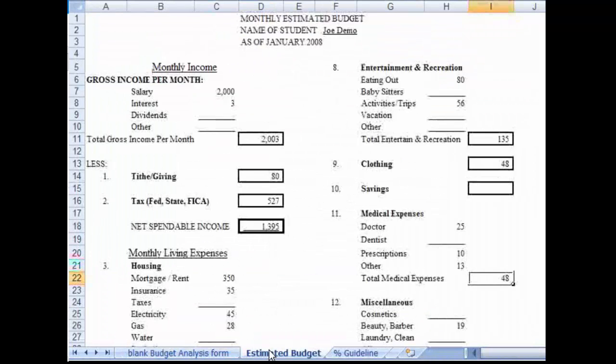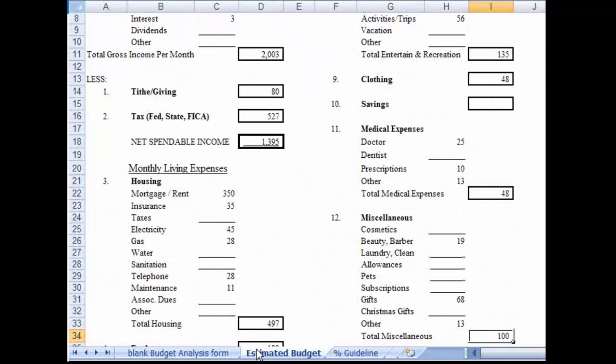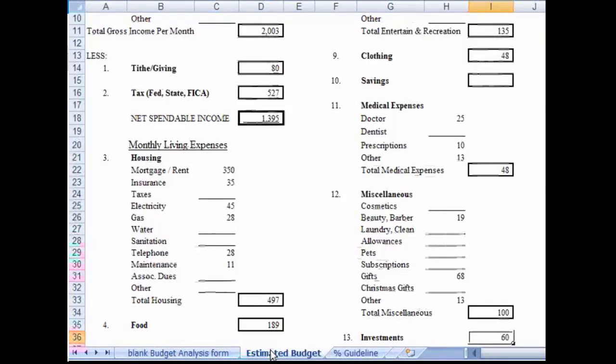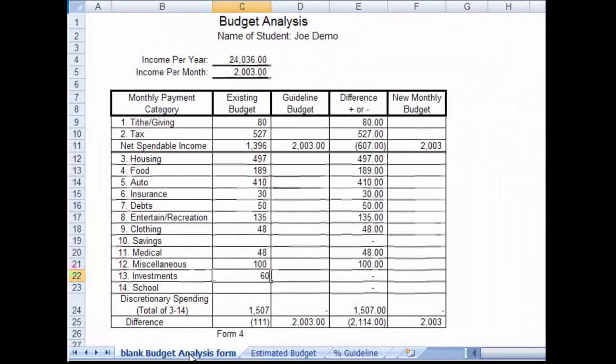Click on the estimated budget, see that $100 is the miscellaneous number, category 12. Click on the blank form and we enter that next to miscellaneous. Click on the estimated budget and see $60 next to investments, category 13. Click on the blank form and we enter that next to investments. Like the savings line, the school child care line is blank, meaning there is no spending in either of those categories. We now see